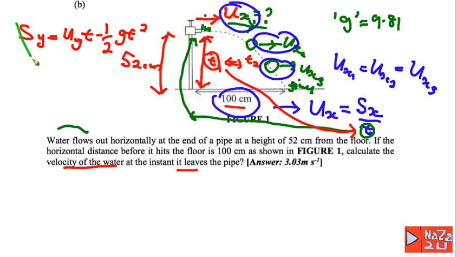Now Sy here is 52 centimeters, in the downward direction. Converting centimeters to meters, it is 0.52, and uy, the initial vertical velocity of the water flow, is equal to 0,